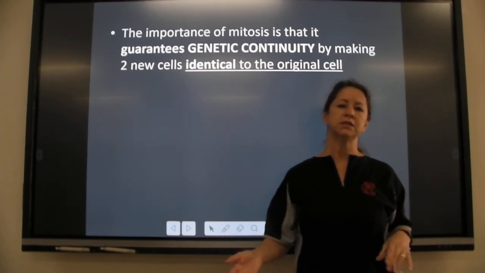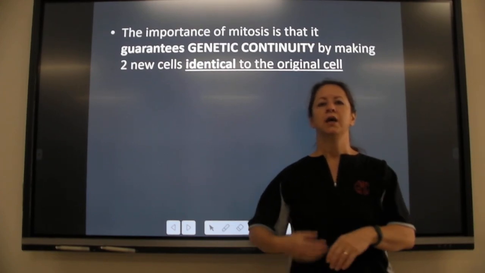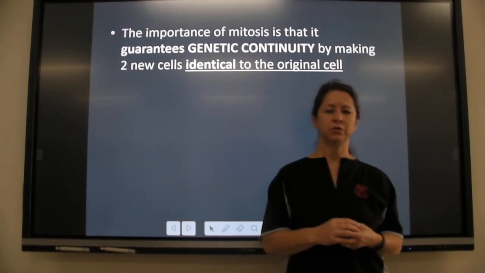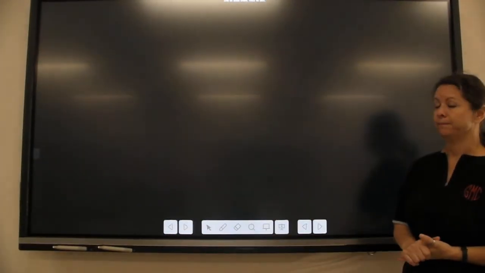always be doing the same job. So that genetic continuity allows the new cells to do the same job as the old cells did. So that's why it's really important. All right,